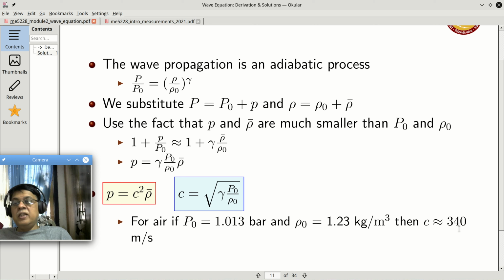So think about how I will carry out an experiment measuring the speed of sound in air. I will leave that as a thought for you. So good. So essentially,